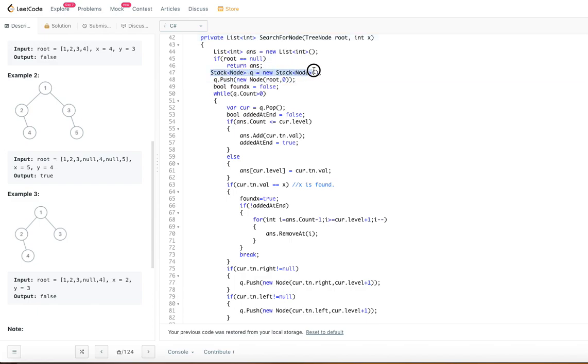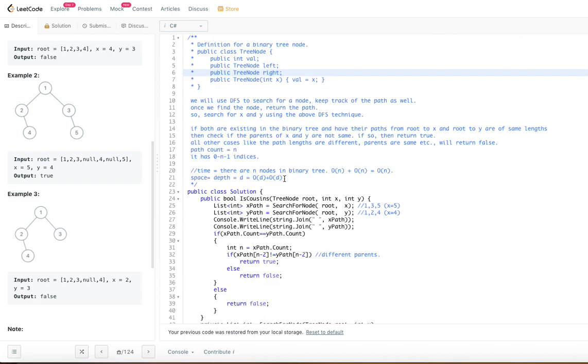This is just a placeholder. The elements are coming and going, so that depends on at a given instance of time how many right subtrees are there in a given depth d. So the content in the stack is also equal to the depth d. That means another order of d, so totally order of 3d. Since it is big O notation, we are going to say order of d as the space complexity for this algorithm.